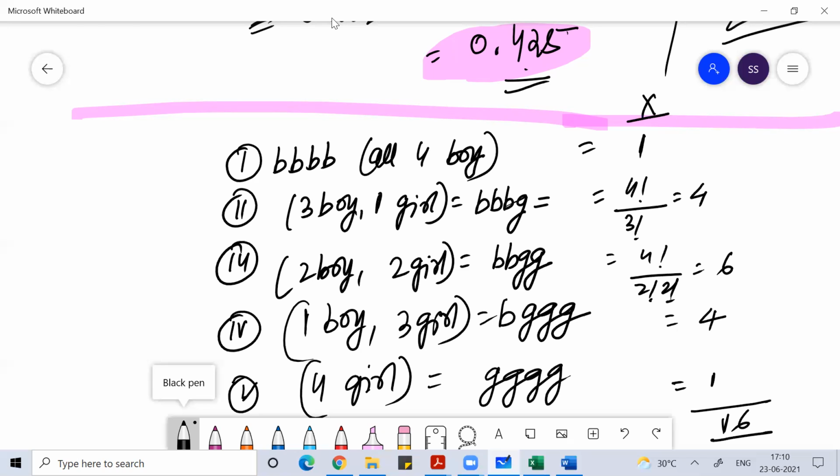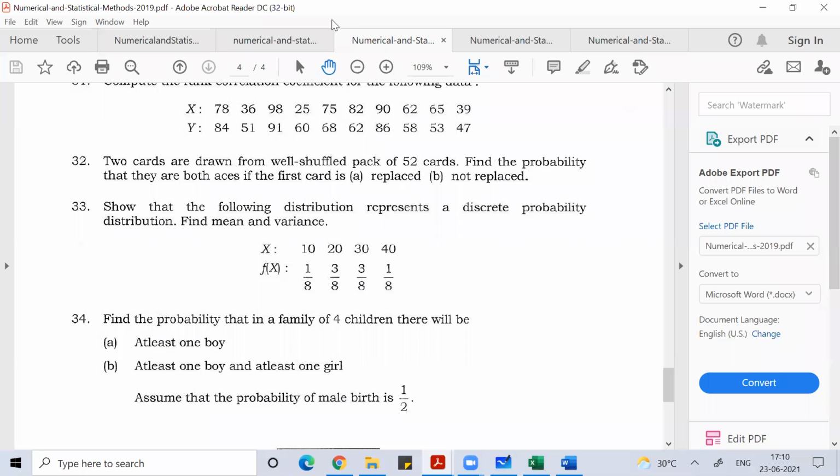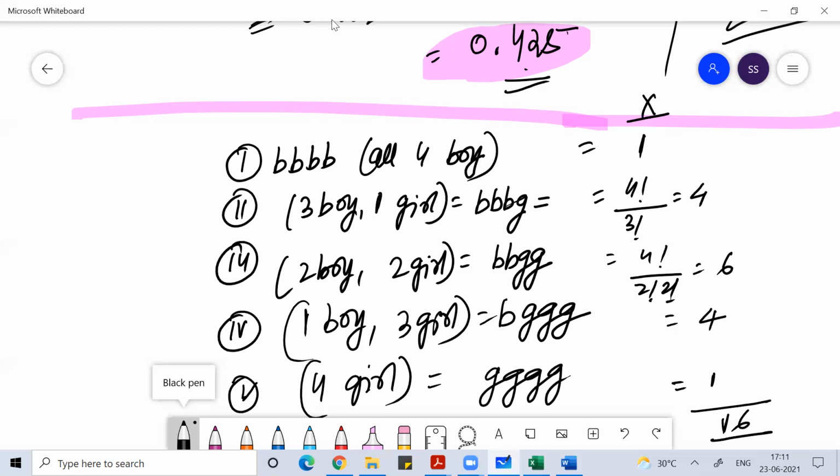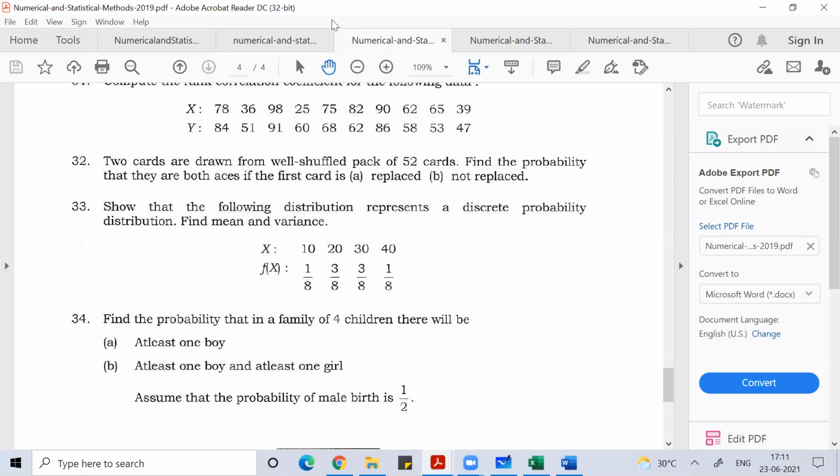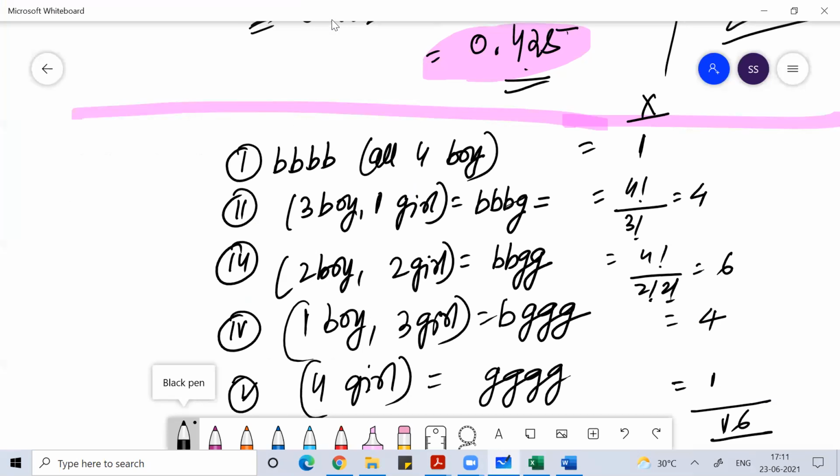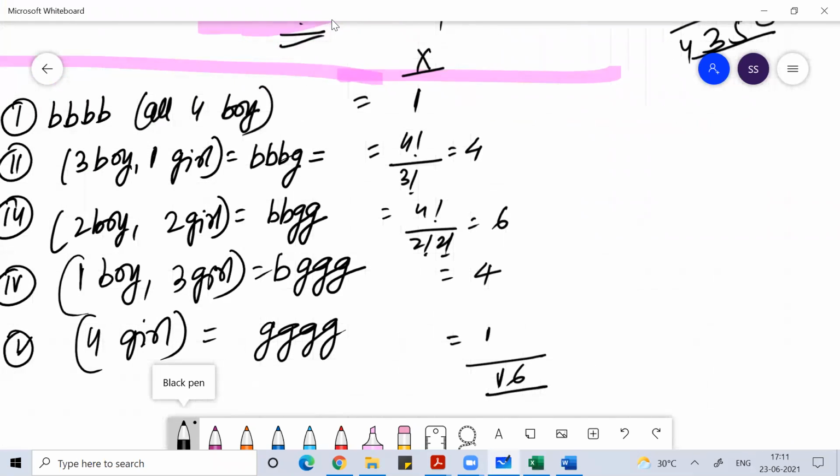Clear, right? So here there's a family. They have 4 children, right? And what is the probability they will have at least one boy? At least one boy is like, guys, this boy-girl, you can think like a coin problem. At least one head. There will be one case where you have all tails. But there's only one case when you have all girls. That means in all other cases there will be a boy.